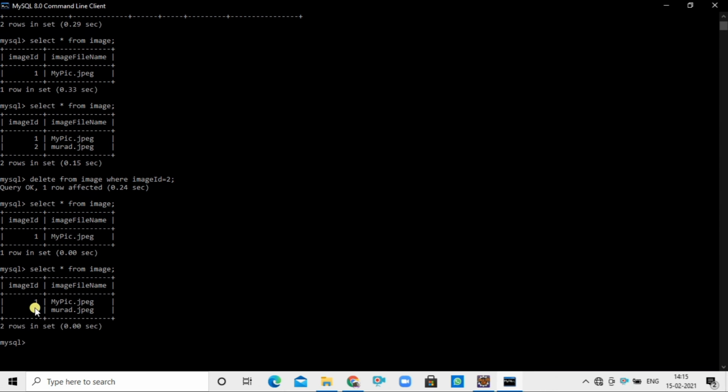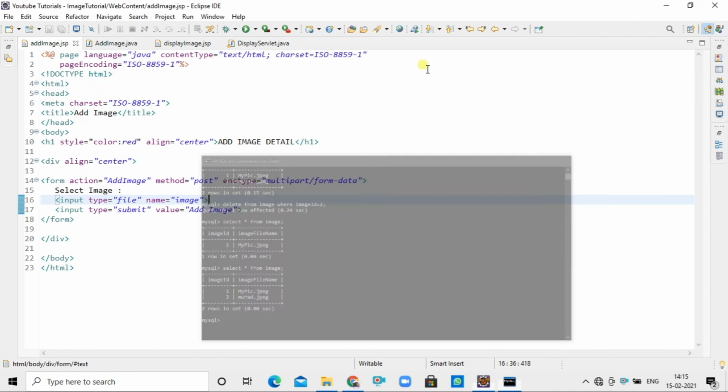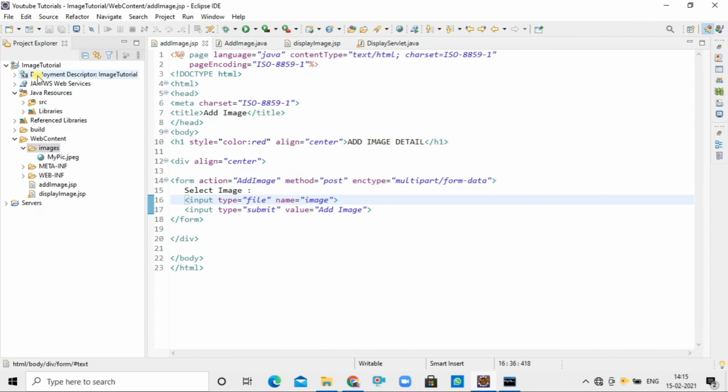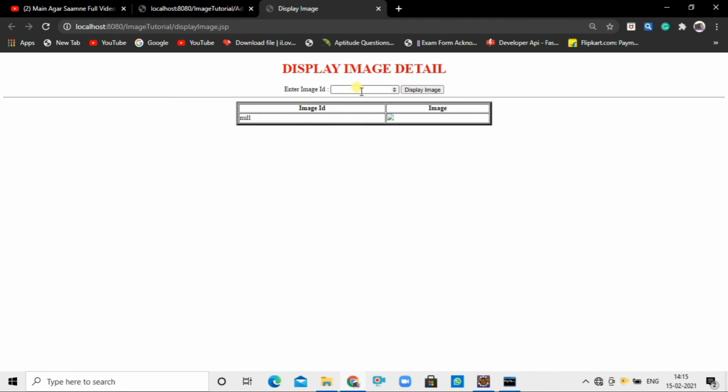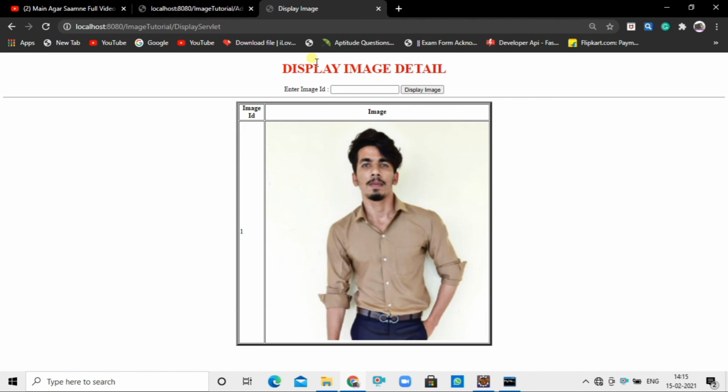So let's check the database. Okay, got added. Let's check the images folder. Refresh it. We can see the image got added here also. Let's display images again. Okay, got displayed here.